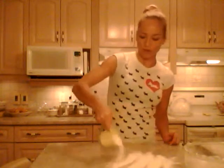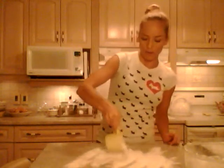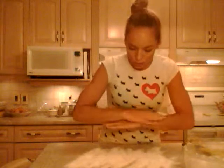So, okay, here is my dough. Now, this is kind of a messy job, so be prepared. Just know it's going to be messy. Have your bench flour ready. It's just all-purpose bench flour, and I'm going to use a bunch. My dough is actually a little bit wet, so I might have to knead it just a little bit so that we can get it to the right consistency before I start showing you how to roll them out